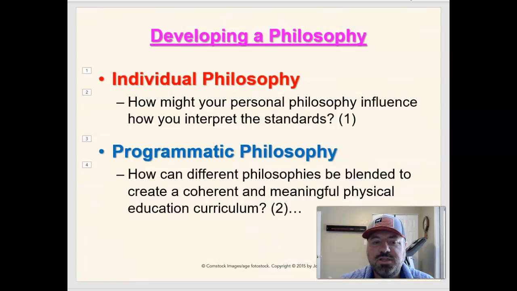So like I said, it depends on what size school district you're at. You might be tasked with developing the curriculum because there's only you or one other PE teacher if you're at a really small district. And in a large district, like I said, there's going to be give and take, and it might seem a little more of a daunting task.